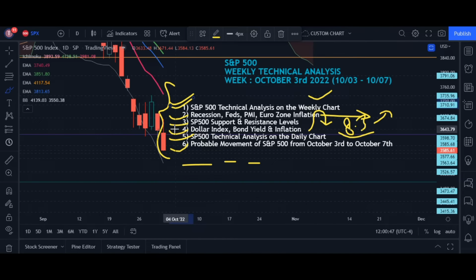This technical analysis, as the name says, is technical analysis. So I only consider my technicals. I heavily consider my technicals when I analyze. Other than that, I look into the data. Data means the inflation, the PMI, the CPI data. I look into this data and then I relate that data with my technicals,